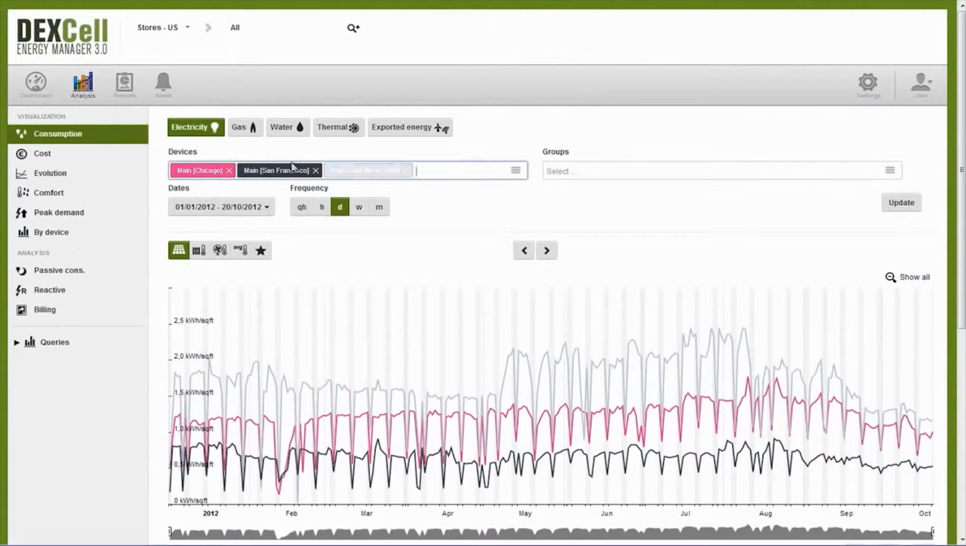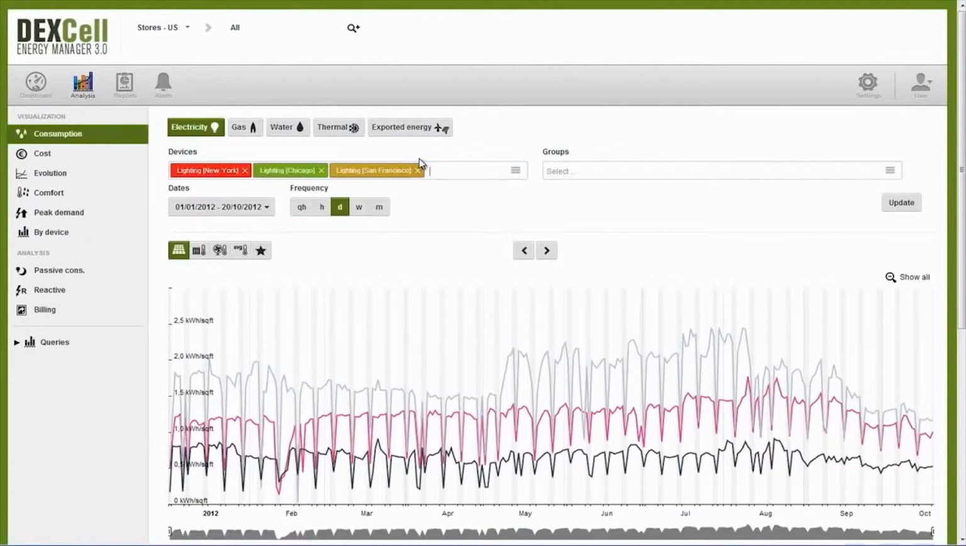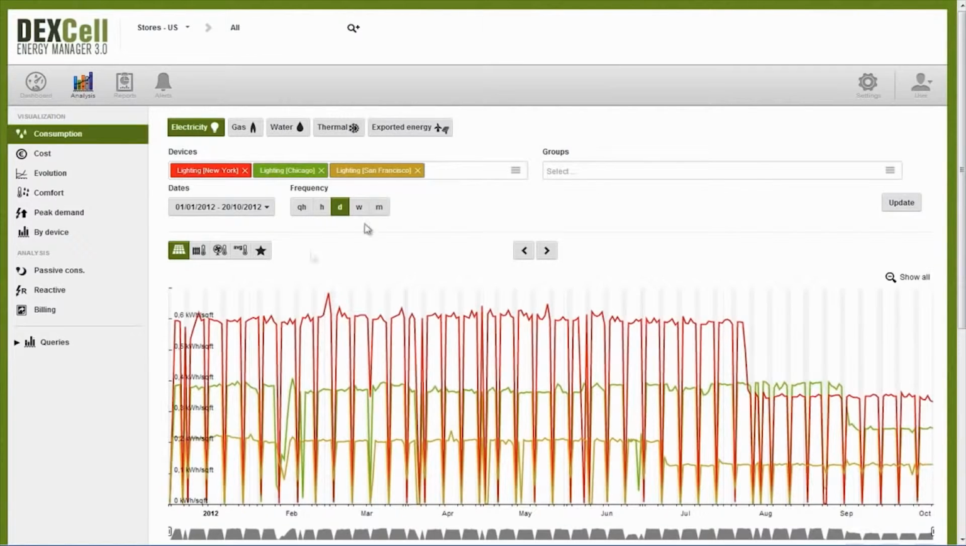Let's repeat the analysis, but this time focusing on the lighting systems in particular. First, we'll select 3 lighting meters and compare their yearly consumption. When we control our results for surface area, we see that from the beginning of the year up until August, the New York store averaged a consumption of 0.6 kilowatt-hour per square feet, which is higher than that of Chicago at 0.37 kilowatt-hour per square feet, and much higher than the San Francisco store's consumption at only 0.2 kilowatt-hour per square feet. So we know right away that we have a problem of excess lighting in the New York and